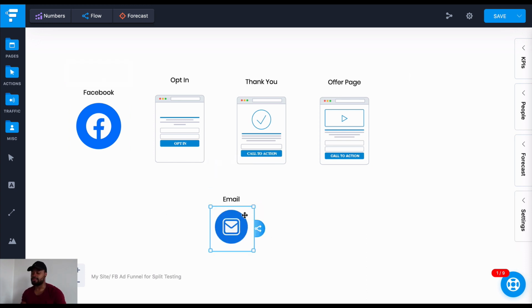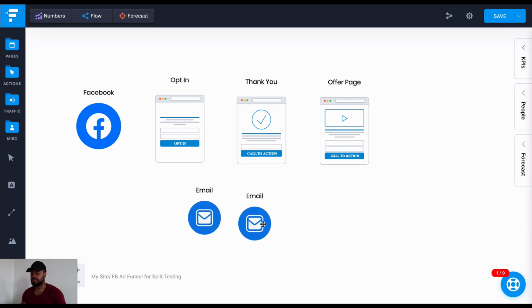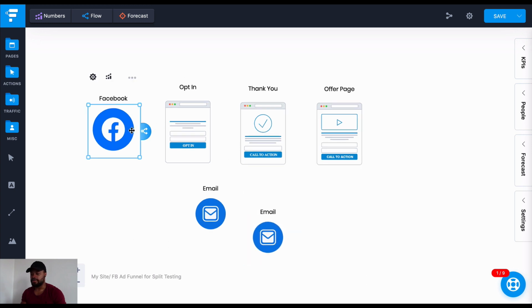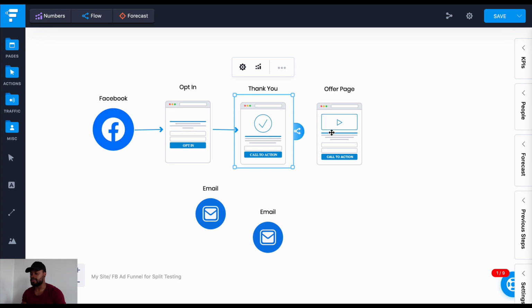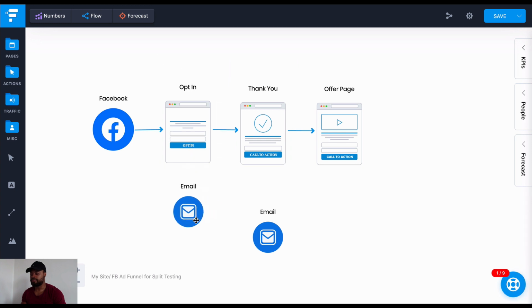So let's just make this a bit smaller. Okay, sweet. So let me just join everything together. So opt-in page, to the thank you page, to the offer page. And then when they opt in, you send them email 1,